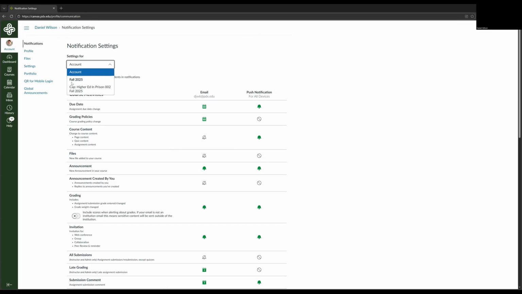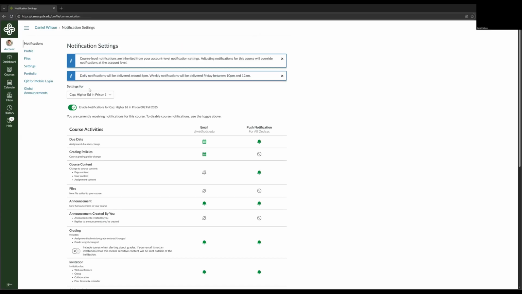You'll have a little identifier for your current term. For me here, it's fall 2025, and then your current classes. I only have the one course, but if you were, say, taking a math, a reading, and a science class, they would all be listed here, and you could click on any of them in order to change the settings just for that class. So with that in mind, let's talk about some of the settings that you are able